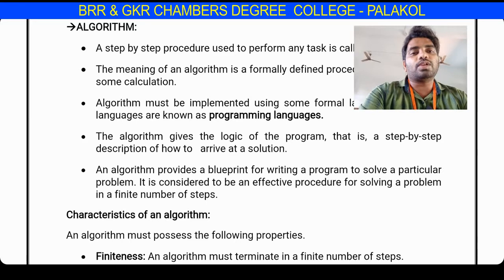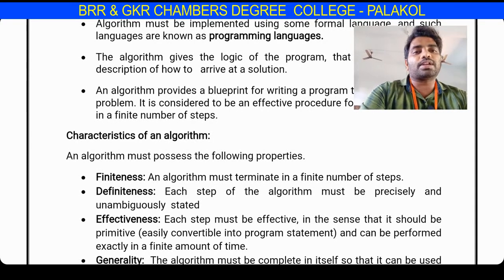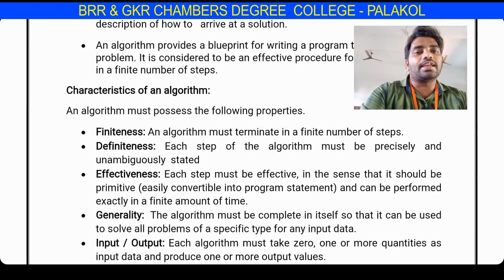Okay, next one, characteristics of an algorithm. An algorithm must possess the following properties. Finiteness: an algorithm must terminate in a finite number of steps. However many steps you write in the particular algorithm, it must be finite. Definiteness: each step of the algorithm must be precisely and unambiguously stated. Every step must be clearly written, and the logic of the program is nothing